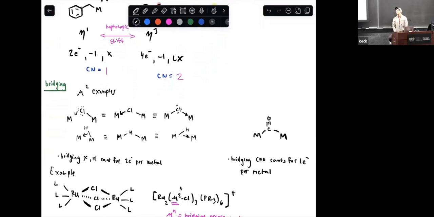Yes. Does the favored haptotropic isomer just depend on the metal and the ligand environment around the metal? Yeah, that's a good question. In case anyone didn't hear, the question is, is there any way to know a priori what a favored hapticity would be? For example, in this benzyl case, would it prefer to be eta-1 or eta-3? It's a confluence of factors, and we'll see a case in one of the problems of the day today where